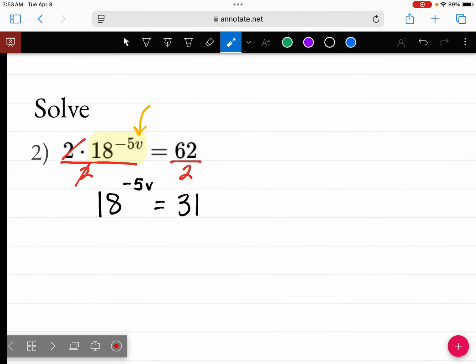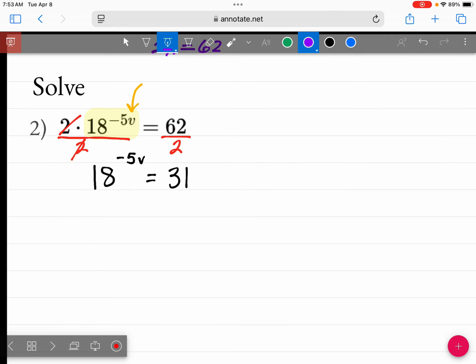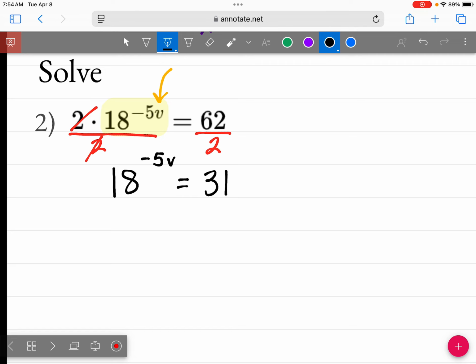So it's just like if this was saying 2x equals 62, we would divide both sides by 2 to get the x by itself. In this case, we're just dividing both sides to get the 18 to the minus 5v by itself. Because once we get it here, we can use our log property to be able to switch this around into log form, which is going to give us our